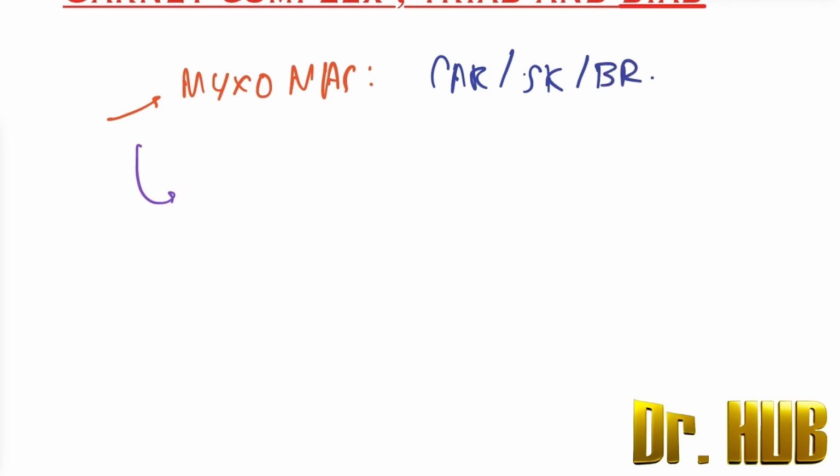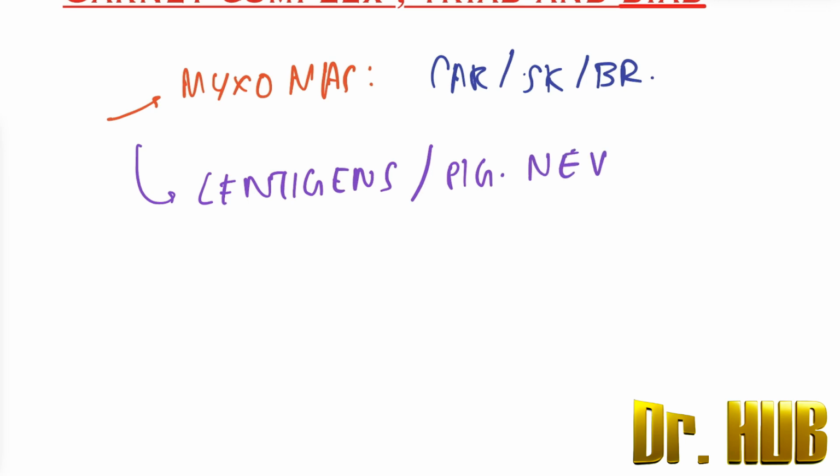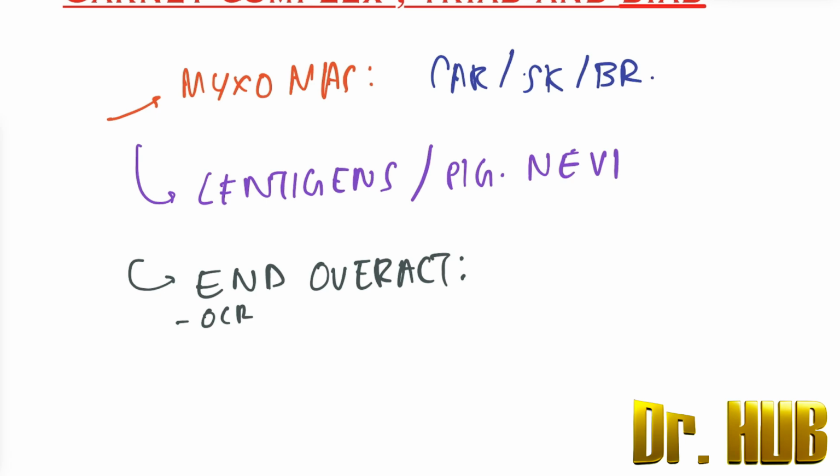Then we move on to the lentigines. So lentigines are the pigmented nevi. Then there is also endocrine overactivity. So in terms of endocrine overactivity,